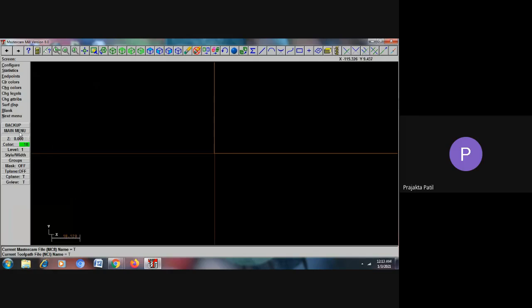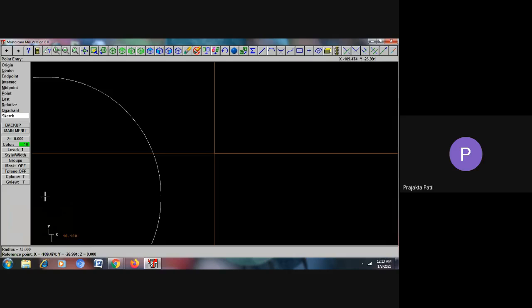To start with, I'll go to the main menu and say create. I need to create three circles of 150 mm diameter, 120 mm diameter, and 72 mm diameter. After reading the drawing, that's what I have understood. So I go to the main menu and then say create. In create, I go to arc. In arc, I am selecting the circle point plus diameter option. Here I need to enter the diameter. It is asking me to enter the diameter at the bottom. So I'll enter the diameter as 150 mm and press enter.